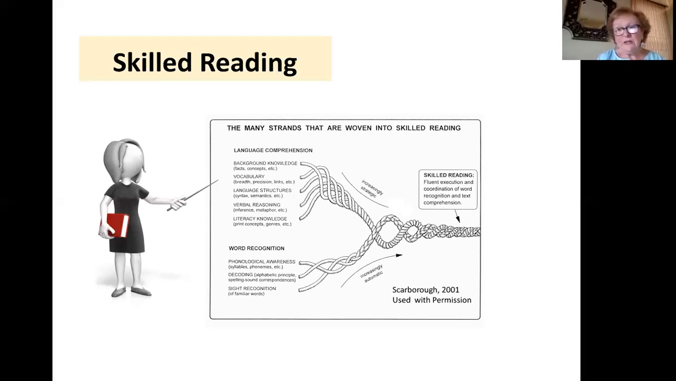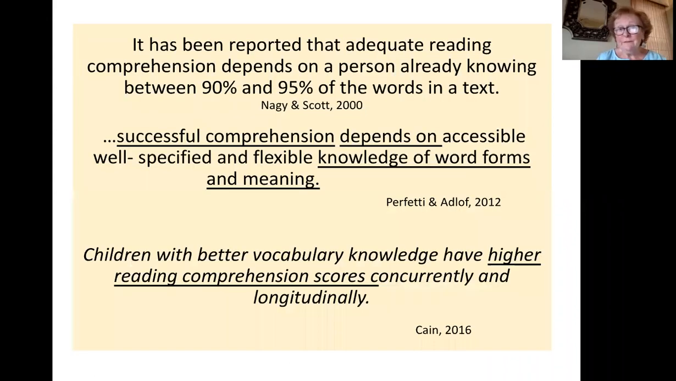structures. We know that all the strands of the rope are necessary, that they're interdependent, and that as they're woven together, we become more competent in terms of our reading. We also know that if any of the strands are frayed, then skilled reading is in jeopardy. And of course, we're focused today on vocabulary, that strand. So what's the connection? All right, an important contributor to overall skilled reading. What else have we learned about the importance of